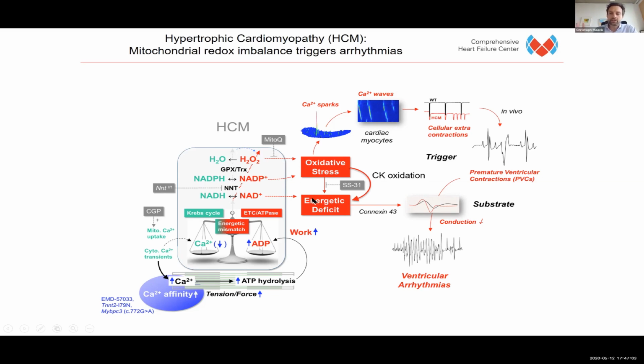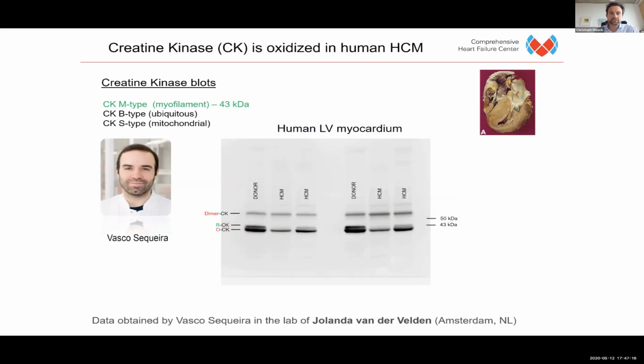It has been observed clinically a lot that the typical observation in patients with heart failure, and particularly with HCM, is a decrease in the phosphocreatine over ATP ratios. And the phosphocreatine system requires a functional creatine kinase system, which is localized at different compartments, at the myofilaments and mitochondria. And what Vasco already observed in his time before he came to Würzburg, when he was still in the lab of Jolanda van der Velden, and these are data from human samples of left ventricular myocardium from patients with HCM, is that